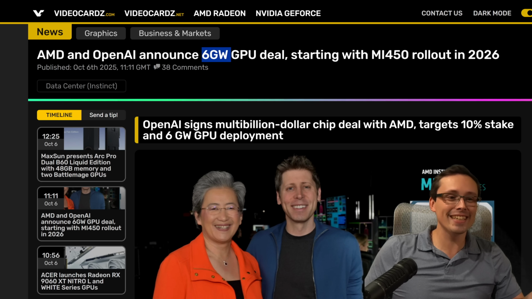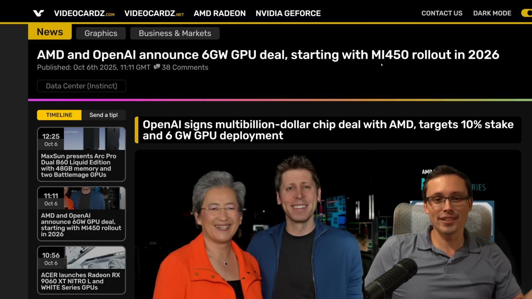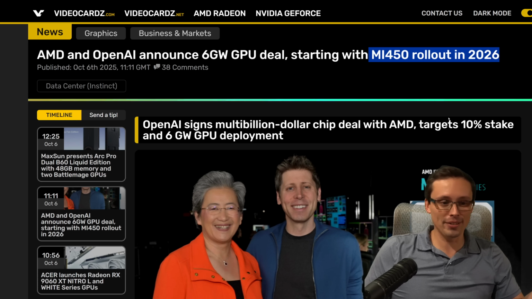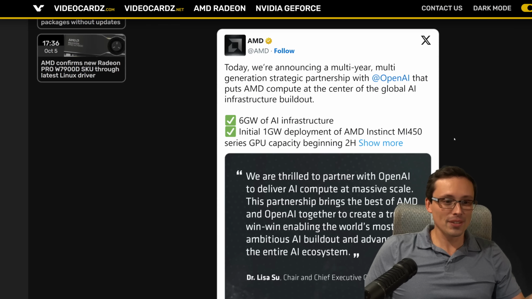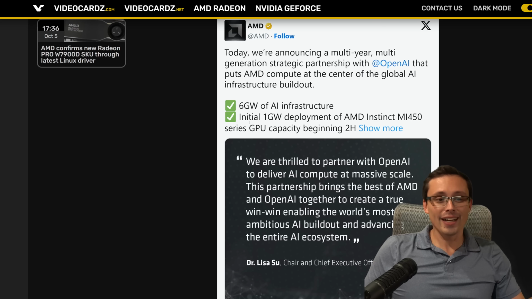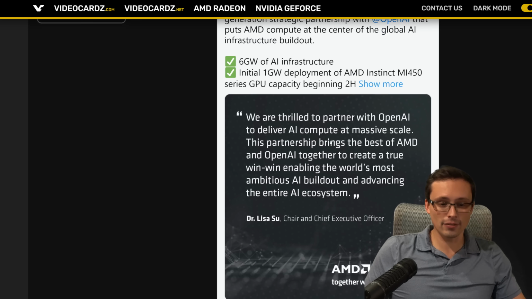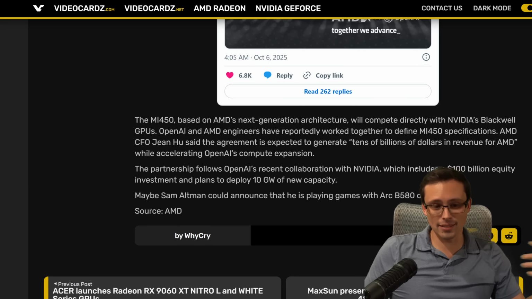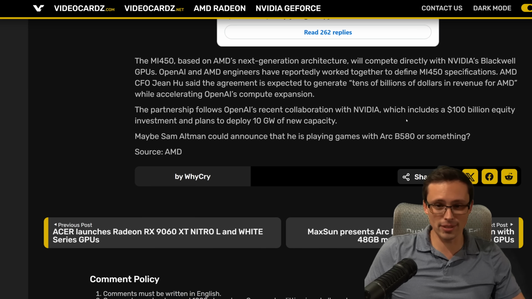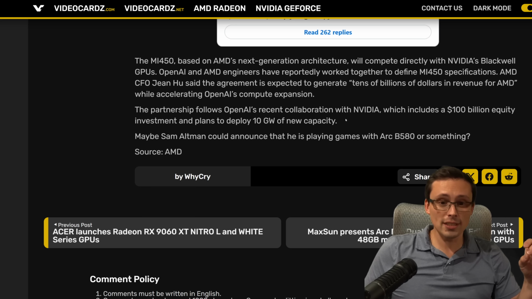It's a 6 gigawatt GPU deal starting with MI450 rollout in 2026. So that's pretty interesting. So 6 gigawatts of AI infrastructure, initial 1 gigawatt deployment of AMD Instinct MI450 series GPU capacity beginning in the second half of, I think it was 2026. Anyway, I'm not going to go into all of these details because, like I said, this is more on the server side of things. I'll link my sources in the video description. But just to be clear,